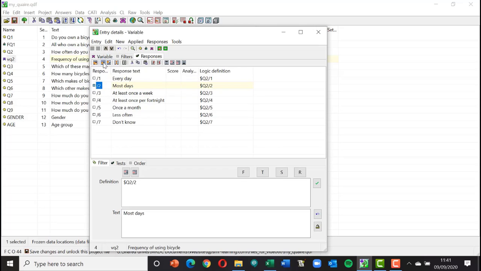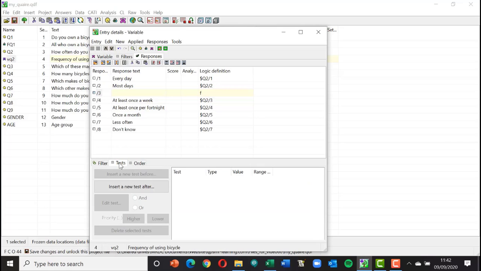So let's click into here, and you can see it's opened up a new item here, if you like, in this variable. And I can either type in the syntax here in the definition box if I know how to do that, or I can select it doing tests by using the mouse, if you like, to select from the entries. So I'm going to do this through the mouse first of all, and then we'll see how we can type it in. So let's click tests,